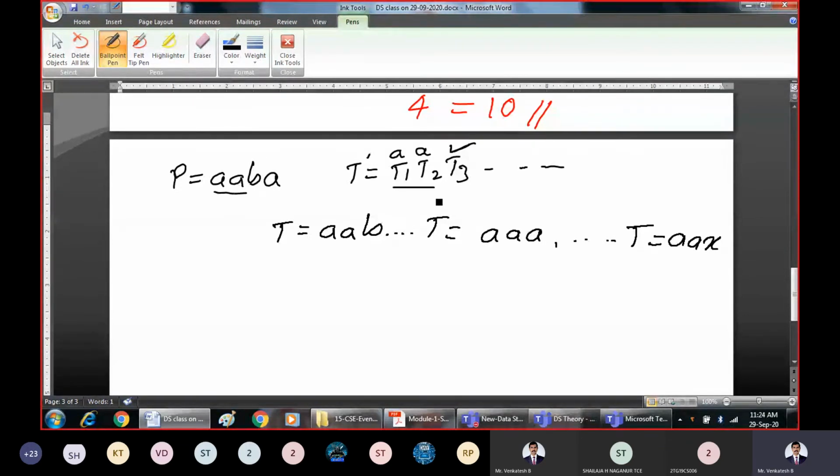If it is not successful, again we will go for the next part. So that is secondary. If AA are the first two characters, what is the possibility of the third character? If this is AA, what is the possibility of this third character? The possibility of this third character is it can be either B, it can be A, or it can be anything else other than A or B. So only three possibilities. What we are looking at here, either we may get B or A or anything else.